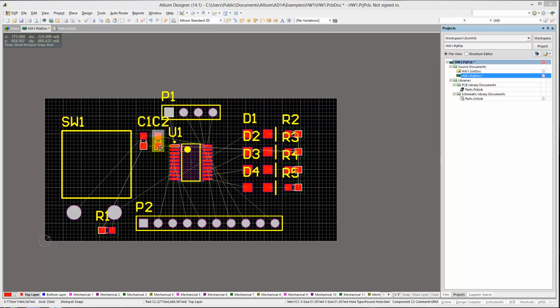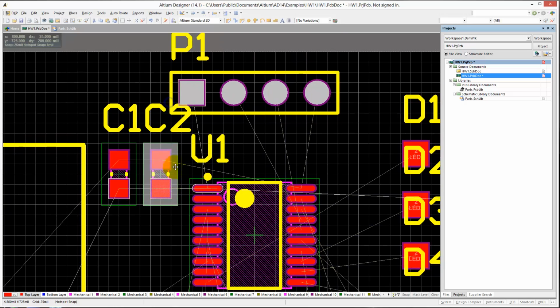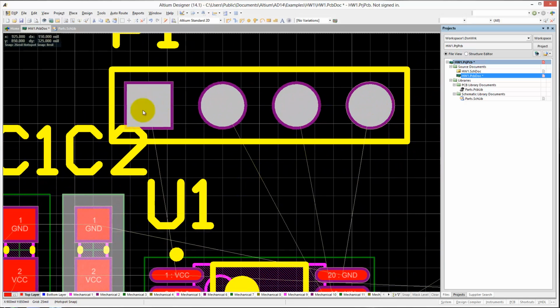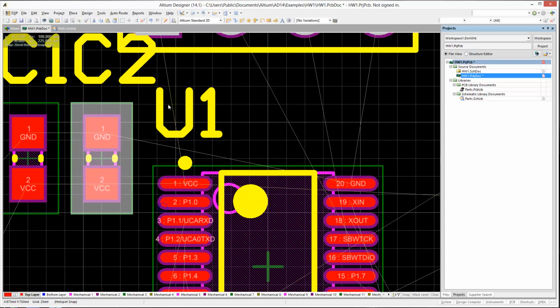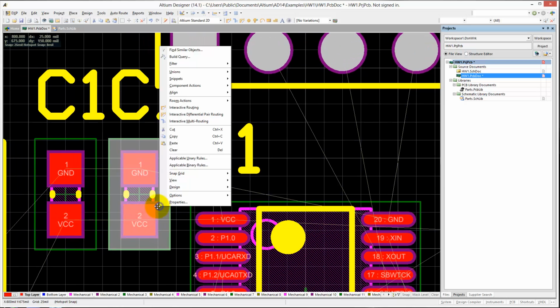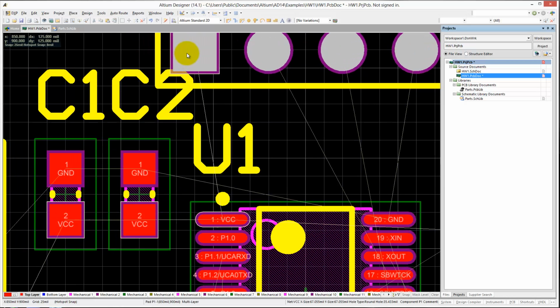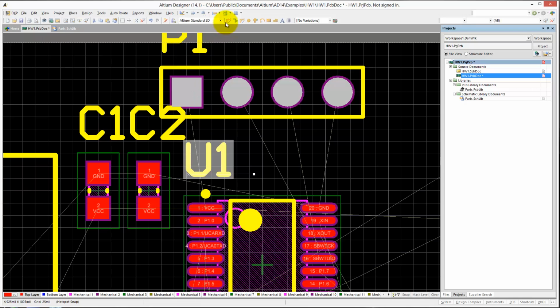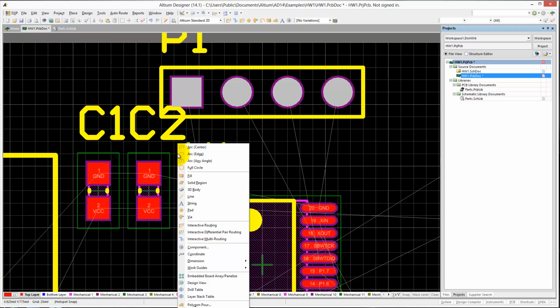So first, let's start with powering our microcontroller. We know that power comes from this pin here. This is our programming interface, and as you can see, there is a little air wire going right to VCC. Now, we could route this directly straight over here and then out to our bypass capacitors, but that would make the bypass capacitors ineffective. So what we want to do is route a trace around here through these two capacitors into our pin. We can do that by either hitting the button up here or by hitting P and then